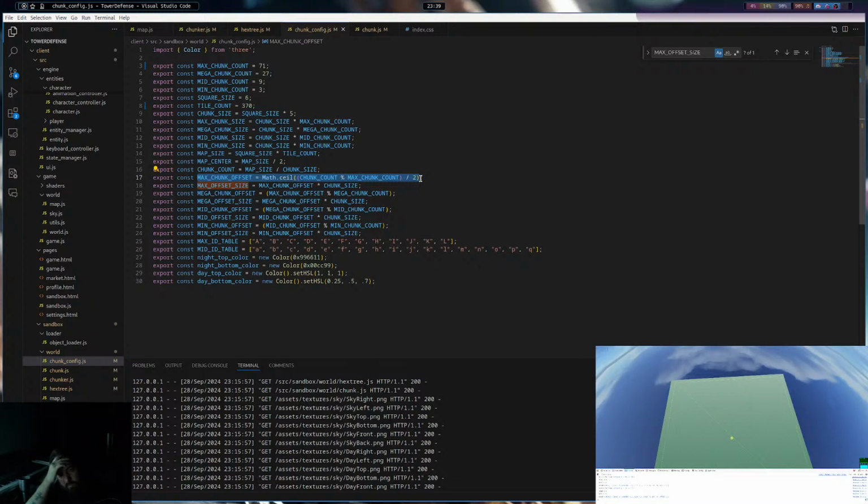If we have a number like 30, but our max chunk size is like 20, we'll have an offset of 10. If we have a number like 50, our max chunk is 20, we'll still have an offset of like 10. And that would give us 3.